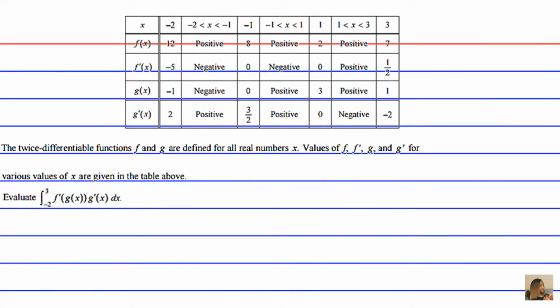Okay, so basically, you're required to take the antiderivative of this integrand. And if you look at the integrand closely, you'll notice that it was a byproduct of the chain rule where you took the derivative of the outer function, which must have been f, and then you took the derivative of the inner function, which was g prime of x, and you took the derivative of the innermost thing